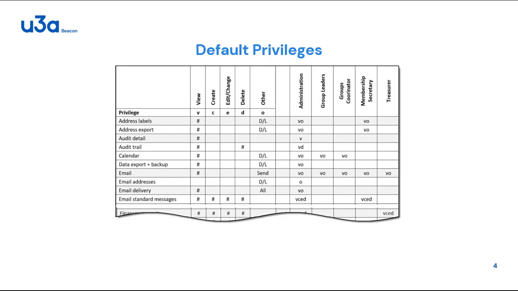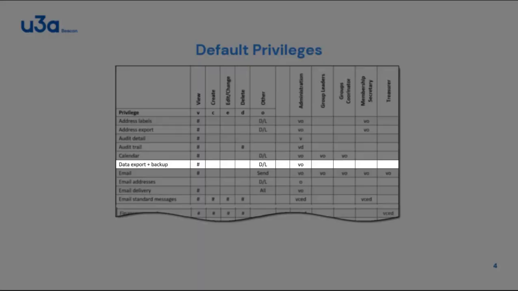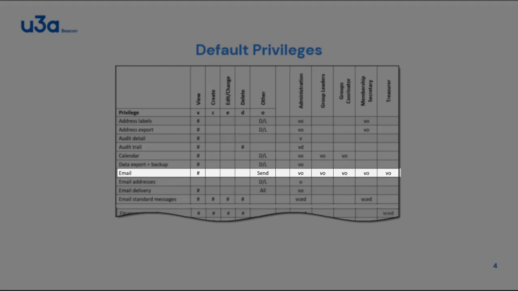To see the default privileges assigned to the standard roles, search the user guide for the privileges map. The 6 columns on the left show the possible options available for each privilege, whether they can be viewed, created, edited, deleted, or if any other operation such as downloading is permitted. The 5 columns on the right show the privileges assigned by default to each role. For example, only the administration role can view and export data for backup, whereas all 5 standard roles can view